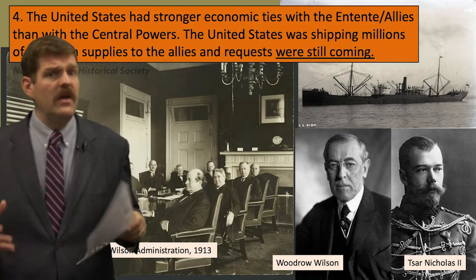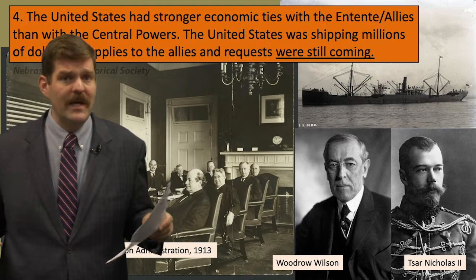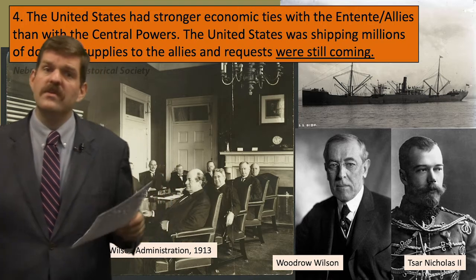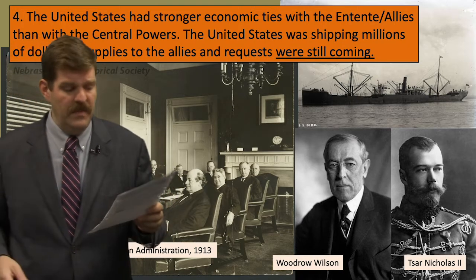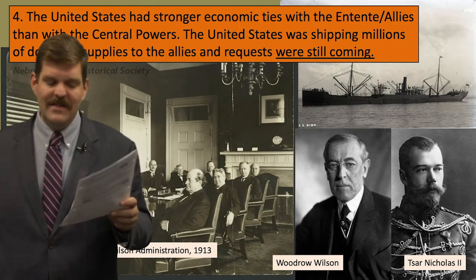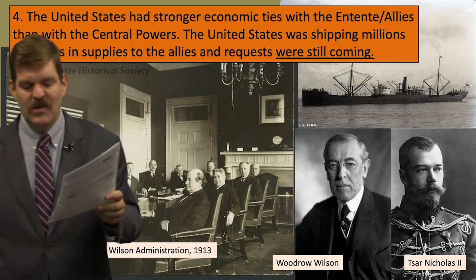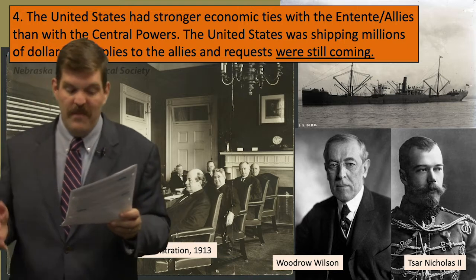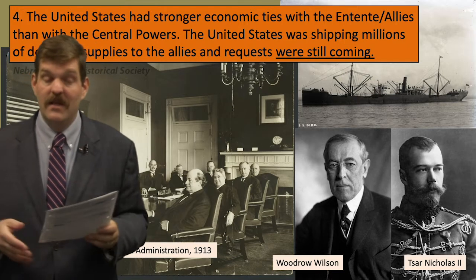Tsar Nicholas was a very undemocratic monarch. He was essentially an absolute ruler, and Wilson refused to ally himself with somebody that he considered to be a dictator. In 1917, the United States had mobilized for war against the Central Powers to ensure Allied repayment of debts and to prevent Germany's threats to U.S. shipping.